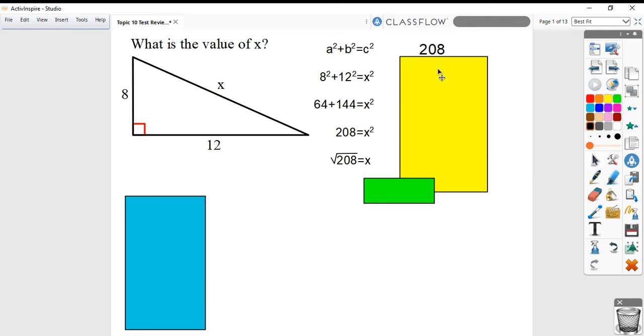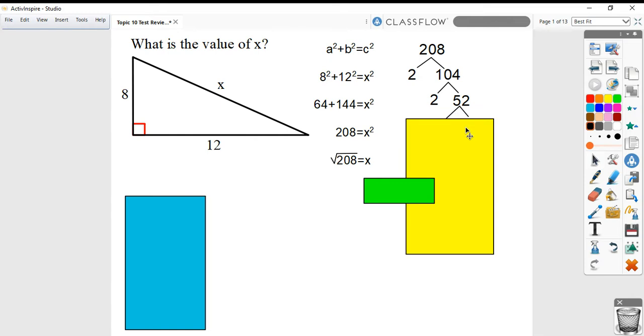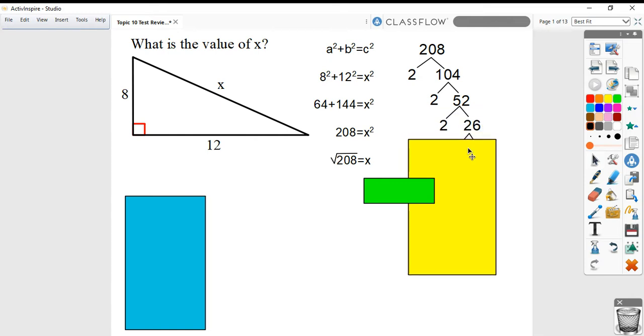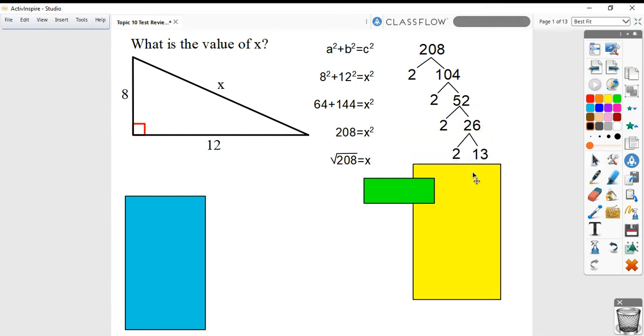And if that doesn't work, try and divide by 3. Okay, this one does divide by 2. It's 2 times 104. You can do 2 again, and you can keep going on down with twos as much as you can until you find something that doesn't work. Okay, this one is where it ends right here. Okay, we got all prime factors going across the bottom. So what we just did right here is we showed that 2 times 2 times 2 times 2 times 13,